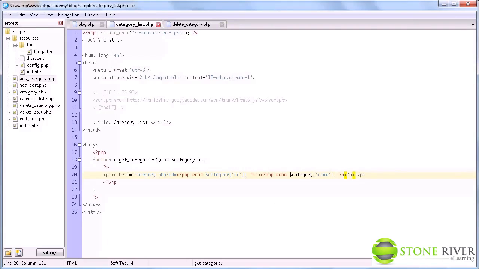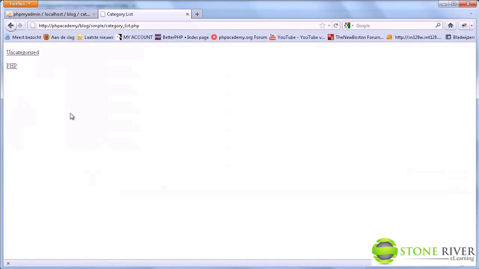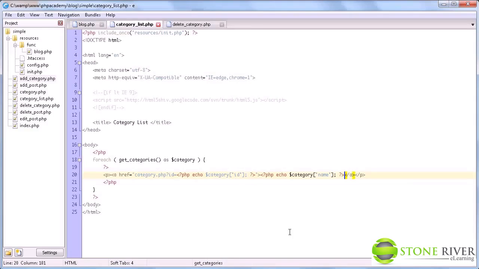And now when we view this, we get them as links, and here we see the ID equals 1 and here it's 2. Now for every category we also want to be able to delete it, so we're going to